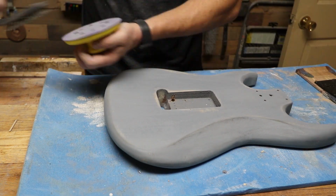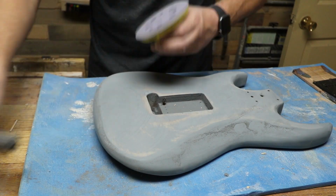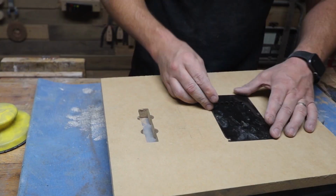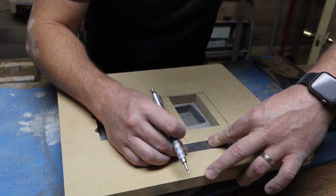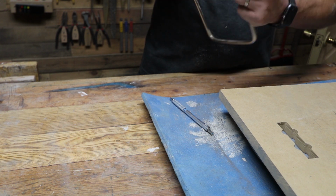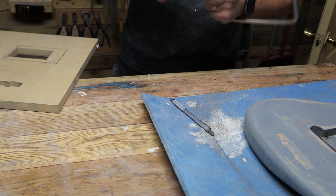Now that I've got all of the body work for the most part done, I'm level sanding, and then I realize, hey, I don't want the tremolo cover plate to be proud on the body the way it was from the factory. So I decide I want to inlay the trem cover plate in the back, which means I gotta make a router template. So that's what I'm doing here,